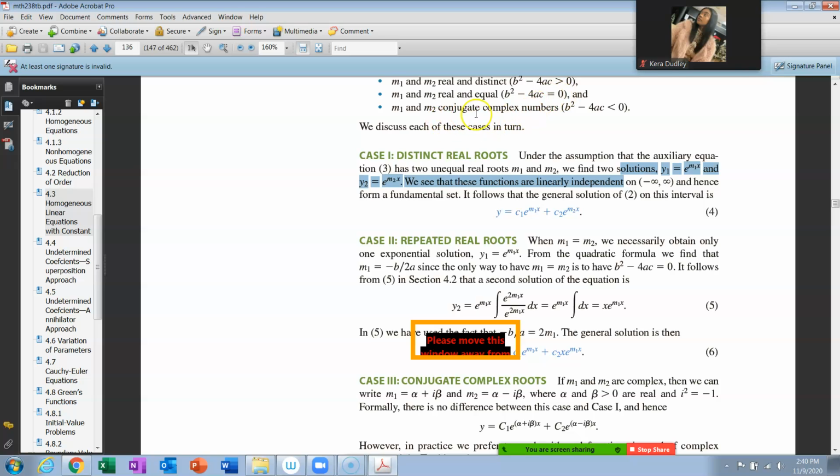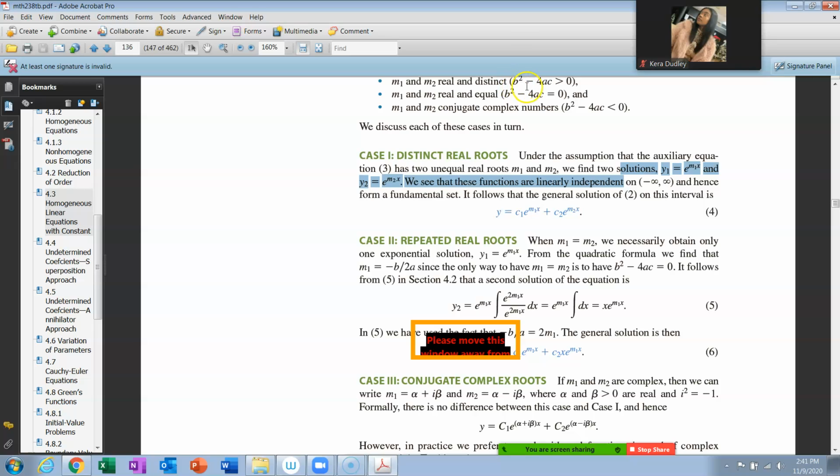And then there are times when the b squared minus 4ac is less than 0. Under a radical, that means they're complex numbers, not real numbers, complex. They're always complex conjugates of each other when your coefficients are real. Now, we talked about the first two of these cases, the first one being when you have two distinct